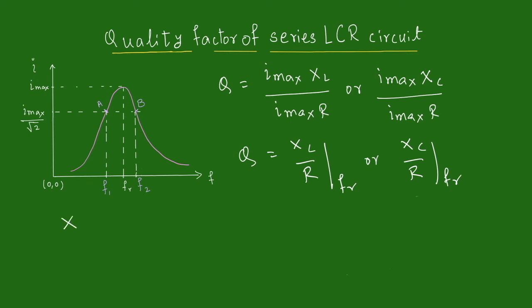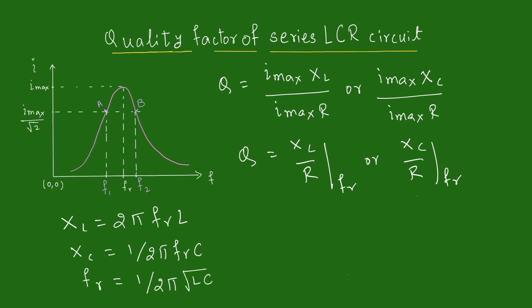Writing XL equal to 2 pi Fr into L and Xc as 1 upon 2 pi Fr into C, and then substituting the equation for resonant frequency Fr as 1 upon 2 pi root LC, we will get the equation for the Q factor as 1 upon R into root L by C, which shows us